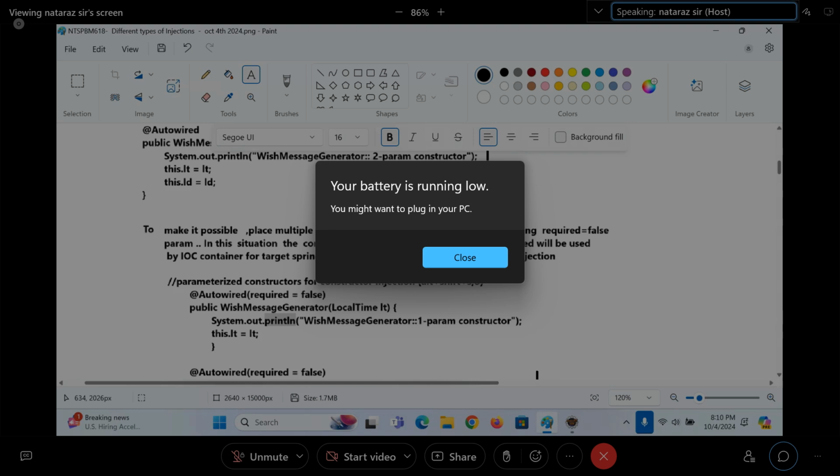When you place @Autowired on multiple parameter constructors with required equal to true, you will get an exception. Few places required true, few places required false: exception. All places required false: no exception. It will try to use the constructor with more parameters for this injection. Convinced, my dear? Got the point, my dear? Come on, I want a reply.